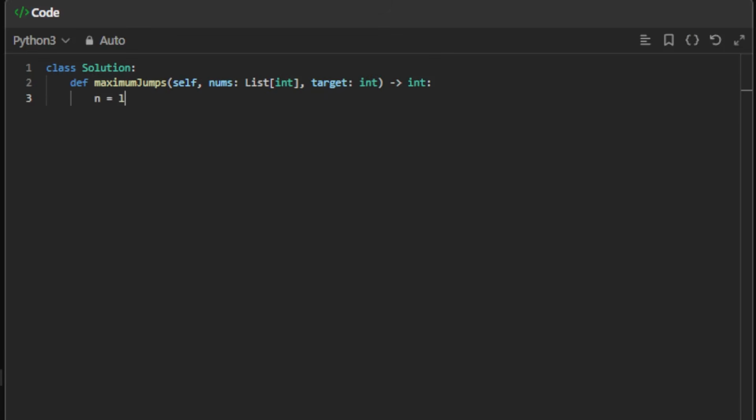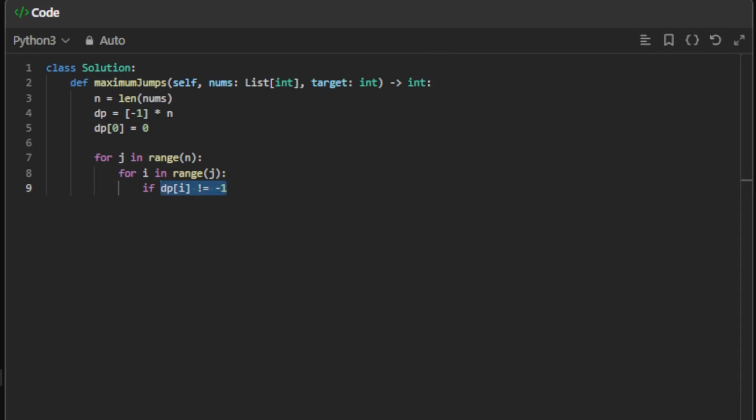First, we can say that n is the length of nums, and we have a DP array, which is an array with -1 times n. We will say that dp[0] is equal to 0, because remember that the maximum number of jumps to go from the source to the source is 0. Now, we can have a nested for loop, so for every j in range n, we have to go through previous indices, so for every i in range j, every time we check if dp[i] is different from -1, meaning